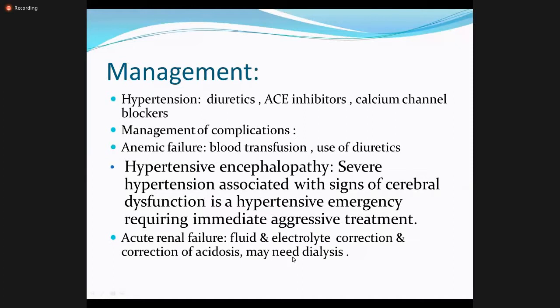So the basic management in case of AGN and post-streptococcal glomerulonephritis is symptomatic management. Some diet restriction, basically no added salt, and those who present with severe hypertension and azotemia need a restricted diet. They need antibiotic therapy for eradication of streptococcal infection, treatment of symptoms like anemia and hypertension as needed, and treatment of complications when they develop.